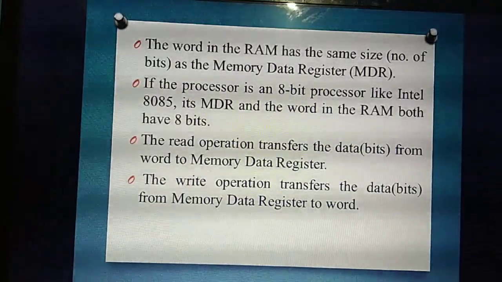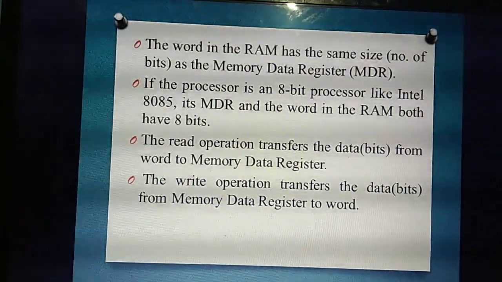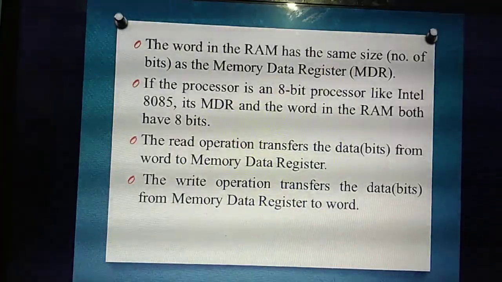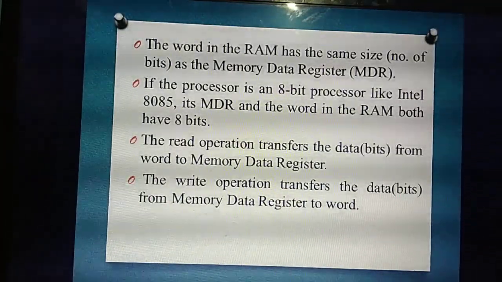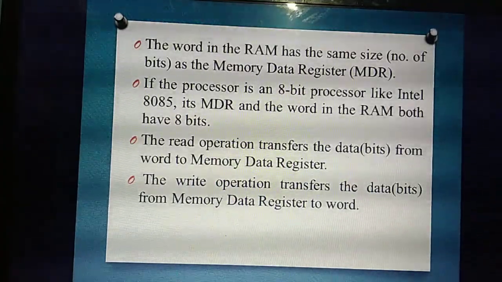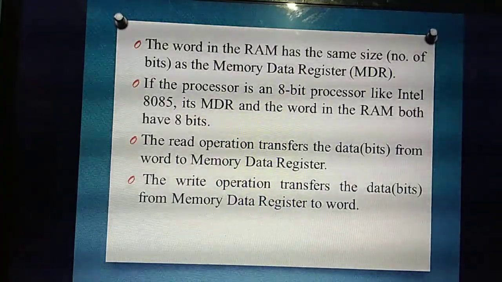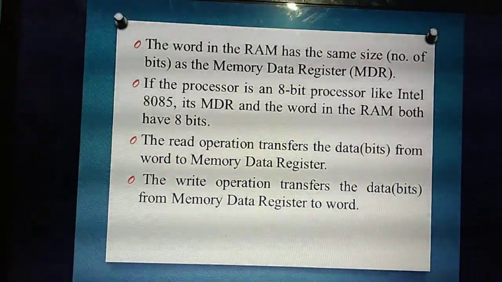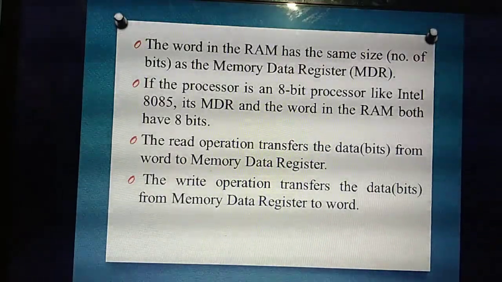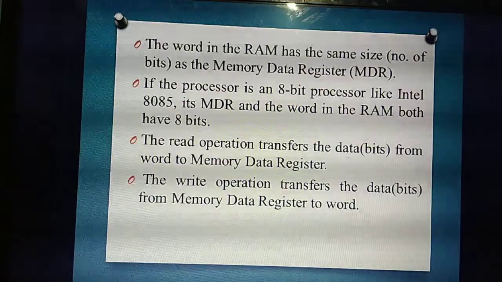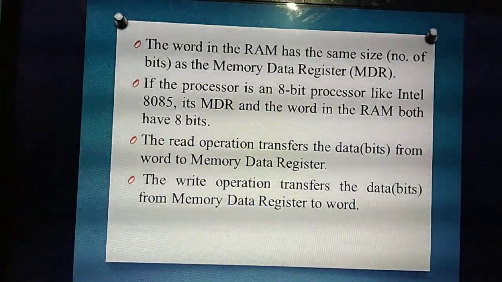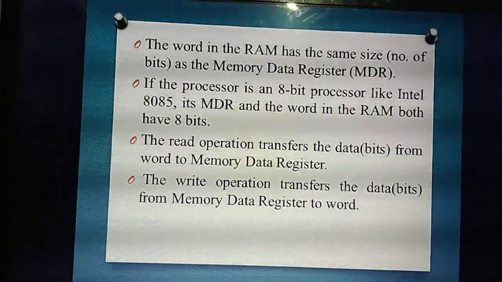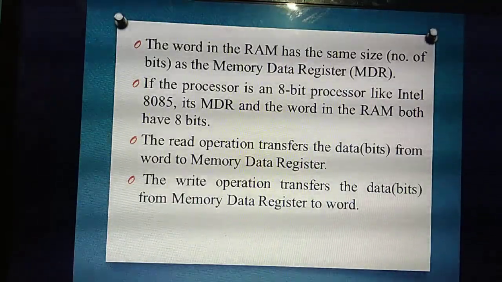What's the use of a normal CD and a rewritable CD? With a rewritable CD, you can copy the file and you can delete the file. Next time, you can copy another file. That is a rewritable CD. With a normal CD, once you have written the data, can you delete the particular one? No. That is called read only. You can only copy or give some files as input. You can't edit anything. But a rewritable CD is not like that. You can copy the files, you can edit, and next time you can store another file. That is called the write operation. Understand the difference between read operation and write operation?